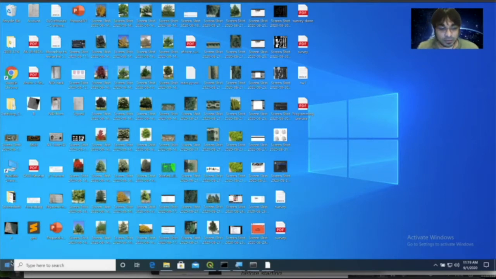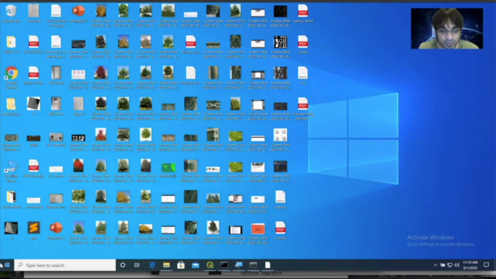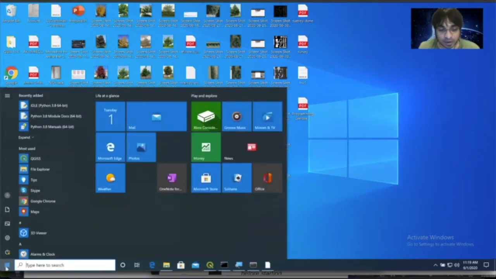If you go to your start menu and click on it, you see that there's IDLE. It says IDLE, Python, 64-bit, and so on and so forth. But if you don't see that, you can click on the start menu and then just type in IDLE.